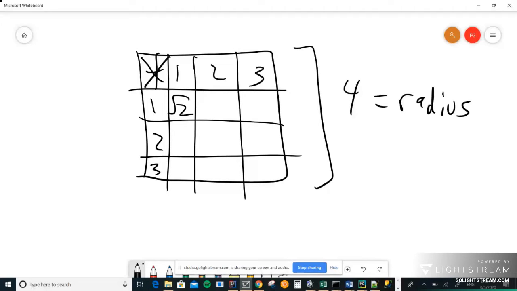Down here, this lower right corner, the distance is going to be what? The square root of 18. So that'll be 3 times the square root of 2. Now,